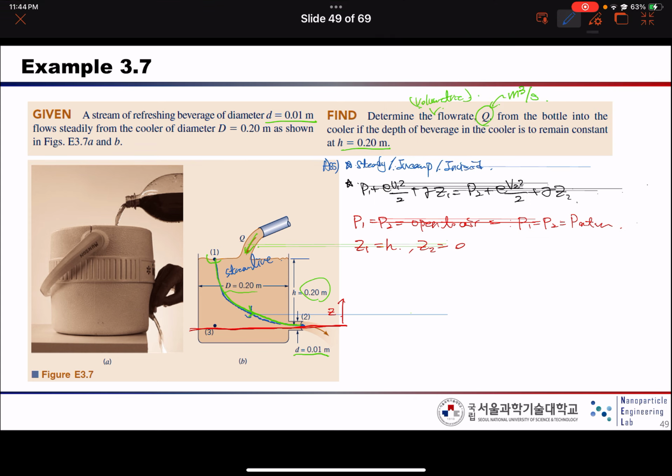And third, what we should consider is V1 and V2. But the thing is, large D and small d have only 20 times difference. So V1, from now on, we should also consider in this example. Okay, so